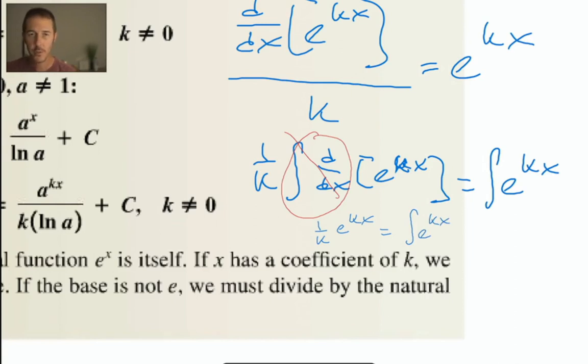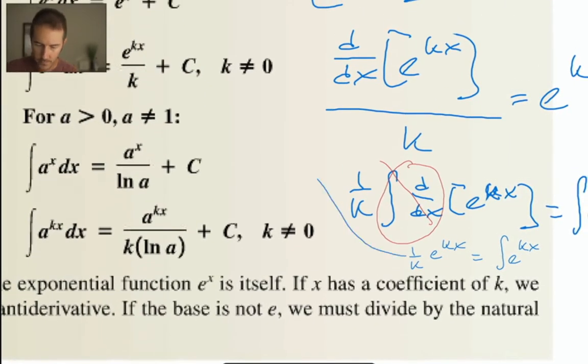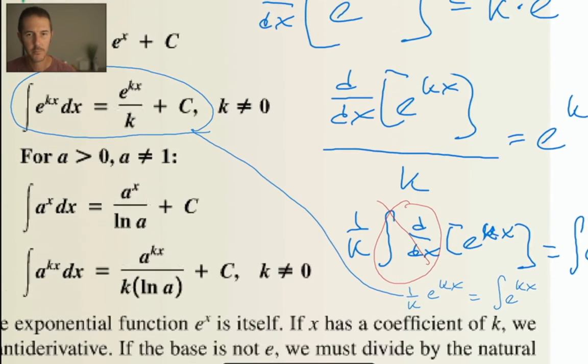Now, all of the stuff that I've just written out in blue is kind of a hack. However, on the right-hand side, you see the antiderivative of e to the kx, the integral of e to the kx. On the left-hand side, you see e to the kx divided by k. I'm in the way. There you go. So the plus c isn't in there, and I didn't include the dx's, but I just want you to know